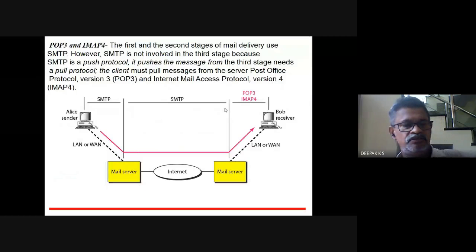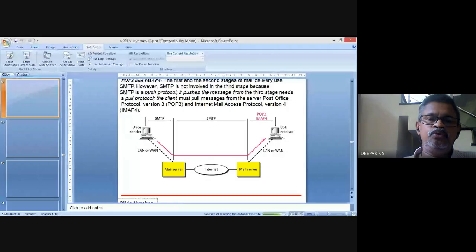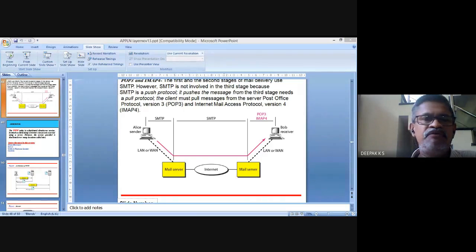Okay, so that is regarding the two things we have seen today: one is DNS and the other is email. So we'll see two more